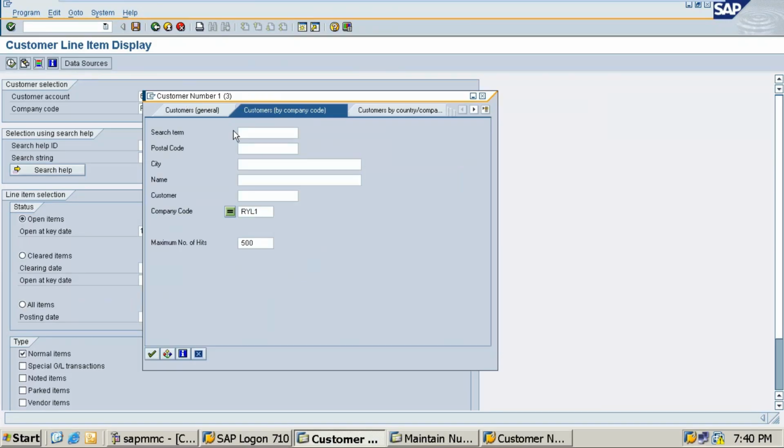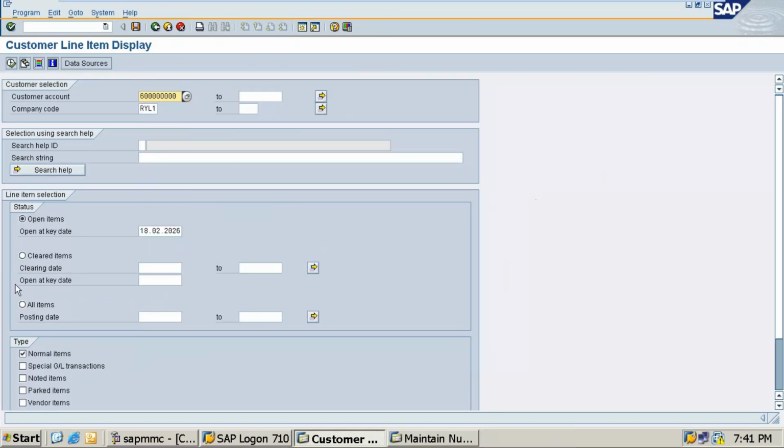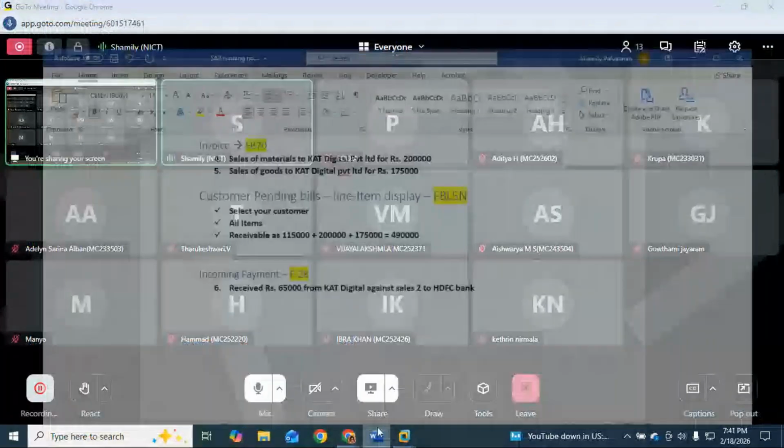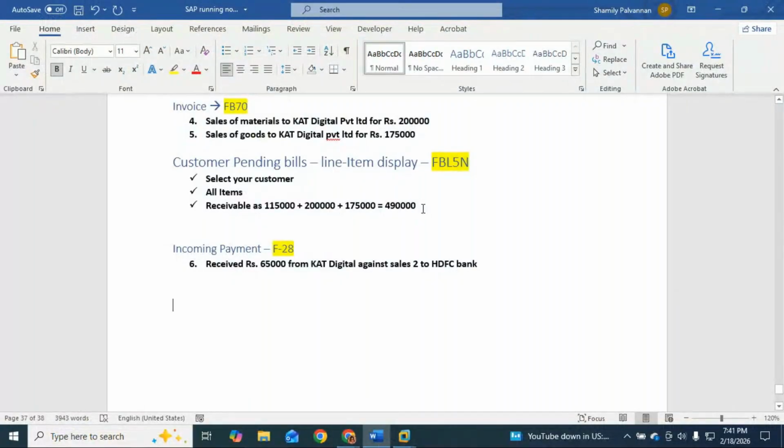Select your customers. Maybe this is the same customer name. So we will use directly all items. Click on this execute button. 4,25,000. Previous balance was 4,90,000. Now the pending amount what we are having is